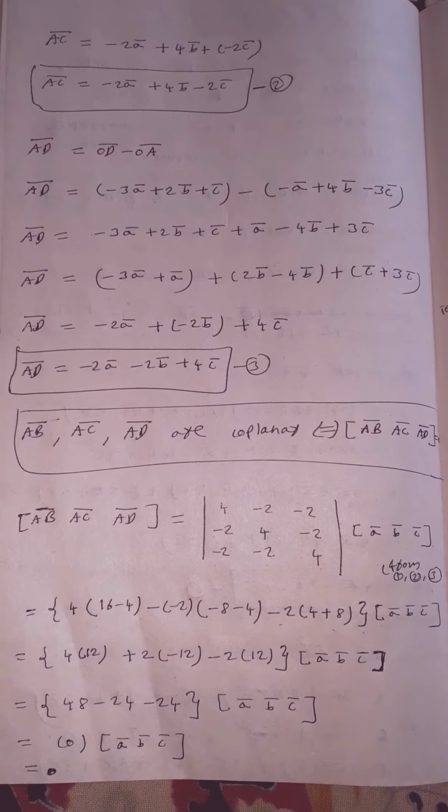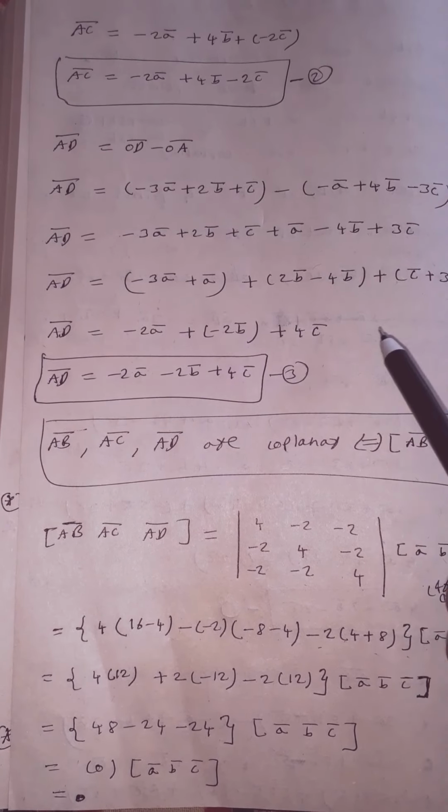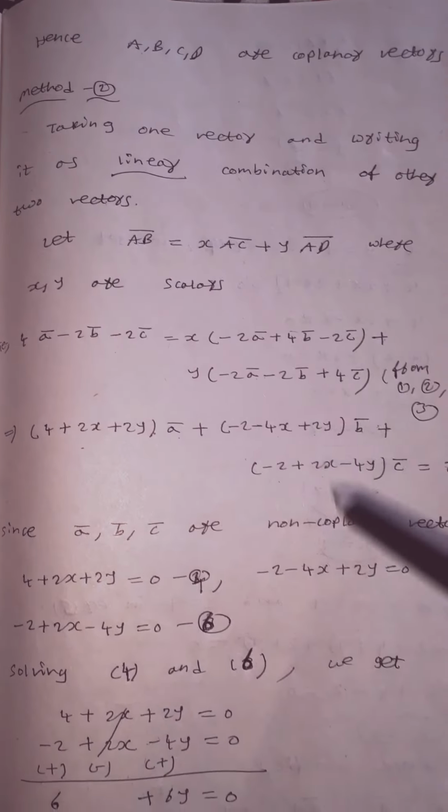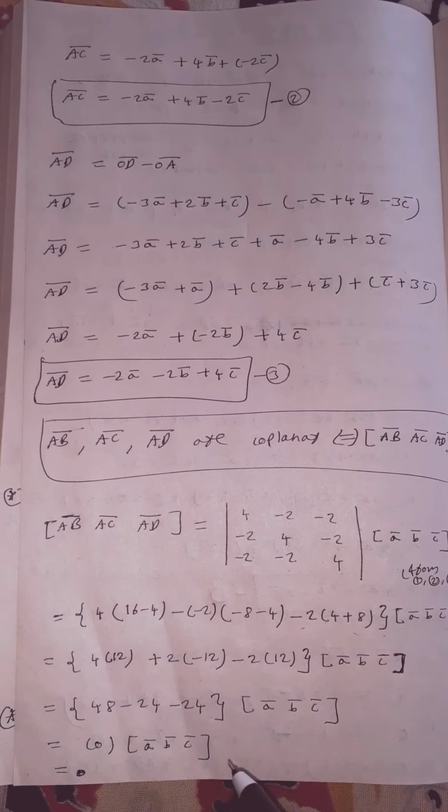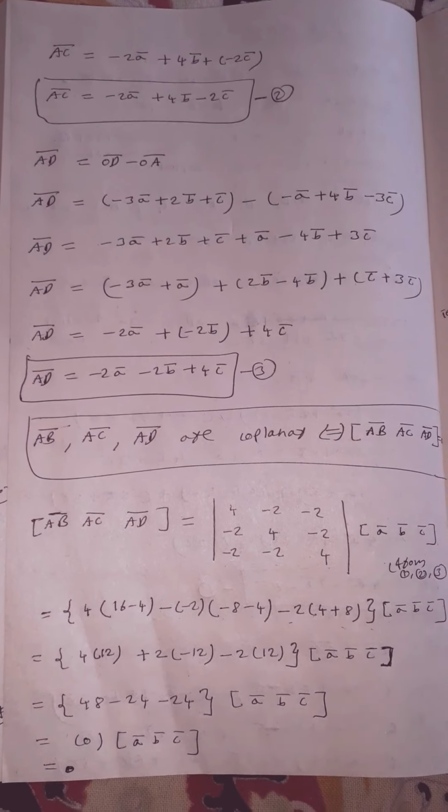So to do method 2, you should do up to equation number 3. After that, you should continue from here. If you want to do method 1, it is enough to calculate up to here. Is it clear, children?